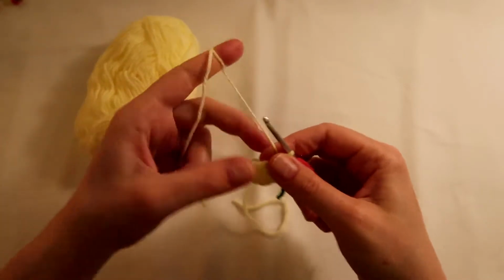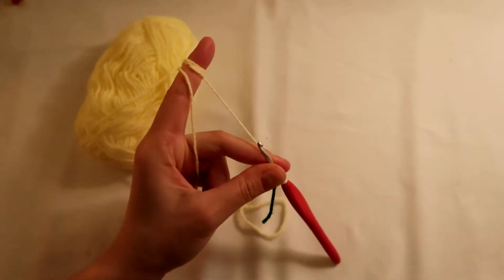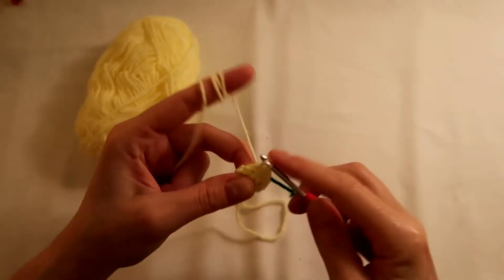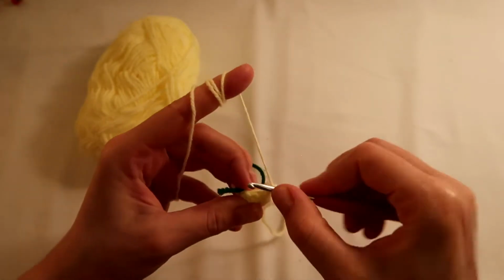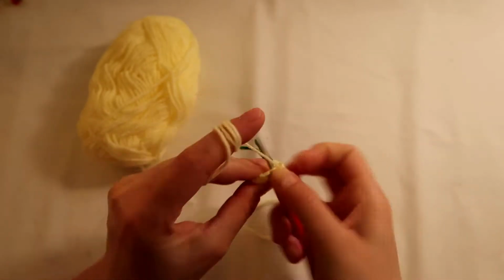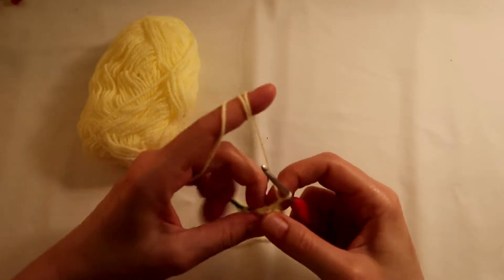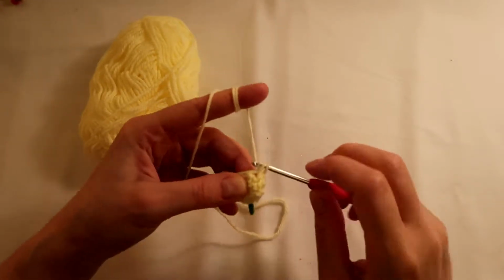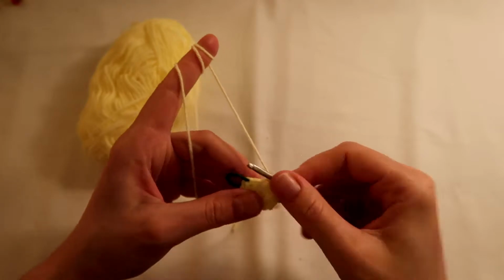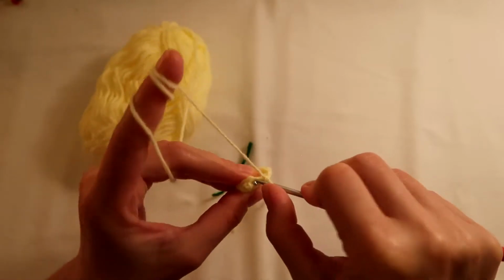and now I'm going to do 2 rounds with 1 double crochet in each stitch, so you should have 9 stitches altogether in this round. So 1, 2, 3, 4, 5, 6, 7, 8, and 9,